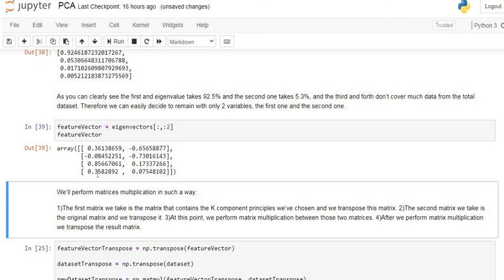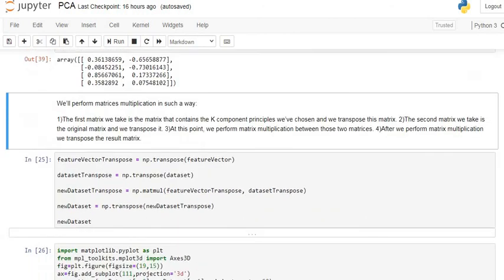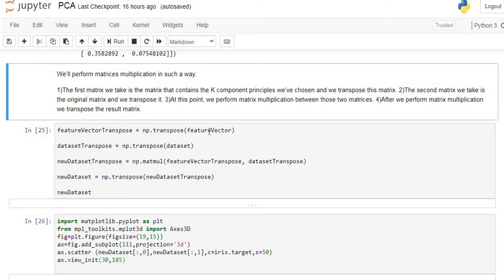First of all, we take the transpose of this eigenvector matrix, and in the second step we take the transpose of our original dataset, and after that we perform matrix multiplication of these two matrices. After performing this matrix multiplication, we again take the transpose of our result matrix. These are the required steps for obtaining our result matrix.